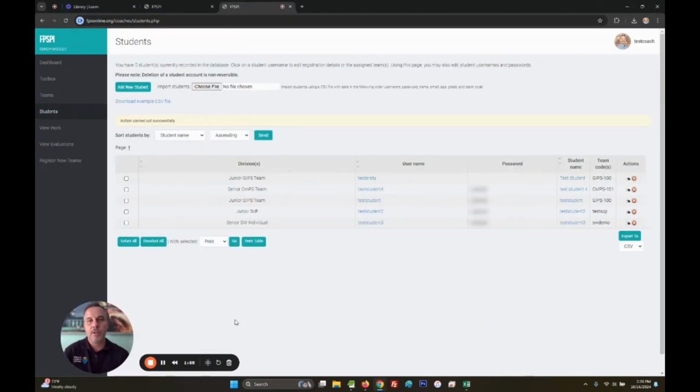And what you'll see here is the student gets added with their division, their name, their password would be right here with their student name and their team code. And again, if something went wrong, you needed to remove it, you could click delete right here. But that's how you would manually add a student to